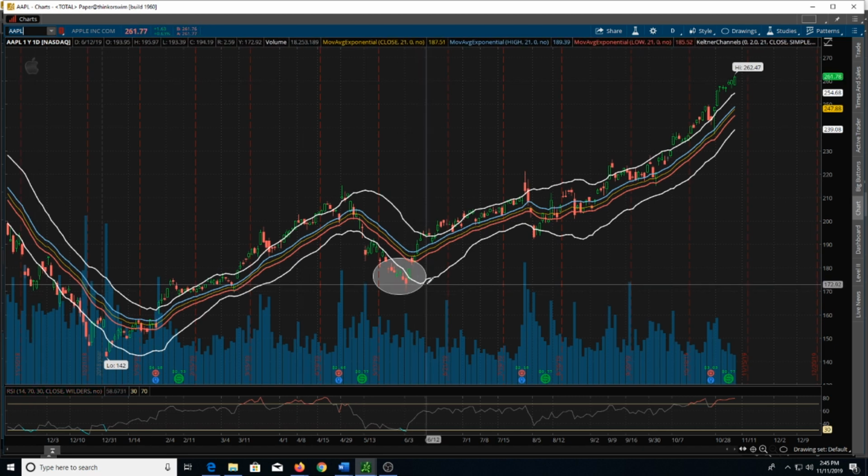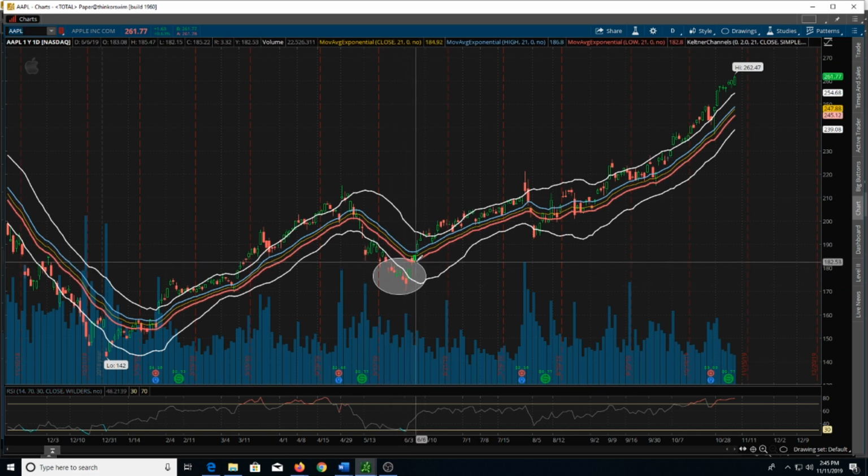We have another island gap reversal here again to the upside on Apple. You had a gap down right here, but as you can see, you never had a gap up. You had another gap down, and then you had another gap down. So this was your first gap up, and that right there is actually a perfect entry point if you wanted to go long. And then you really could have ridden this wave up,